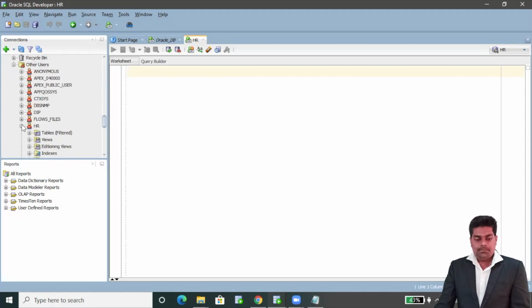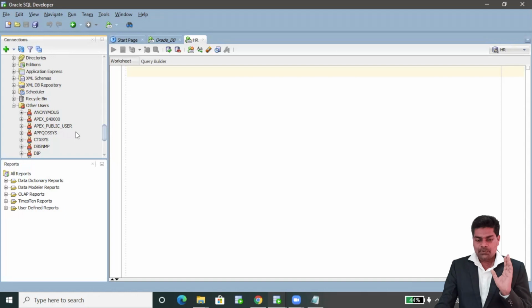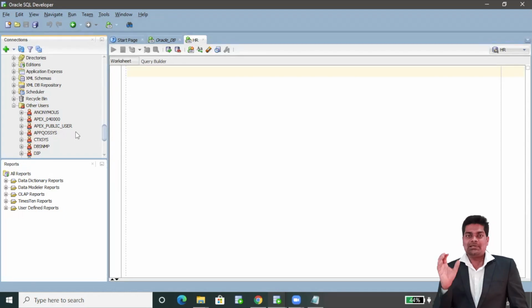This is the Oracle database, and in the Oracle database we have a super user. We have identity, like host name meaning where it is installed, port number, SID, then username and password. Inside the database we have, suppose, the HR user schema. Tables are inside the HR user schema, some particular tables.